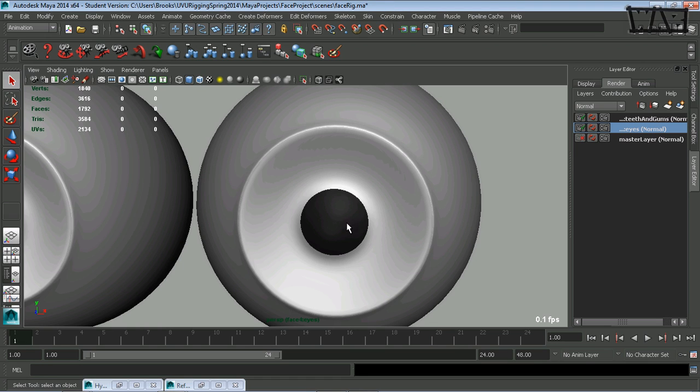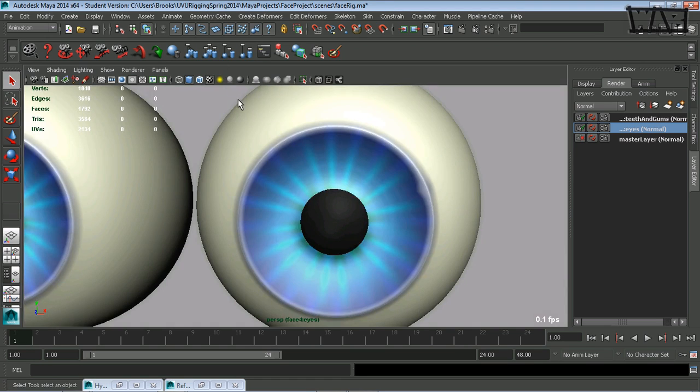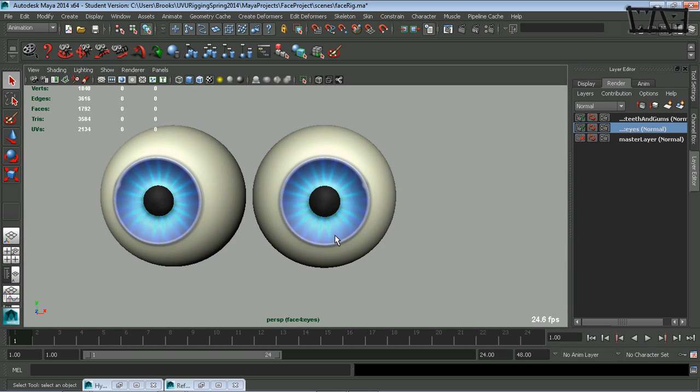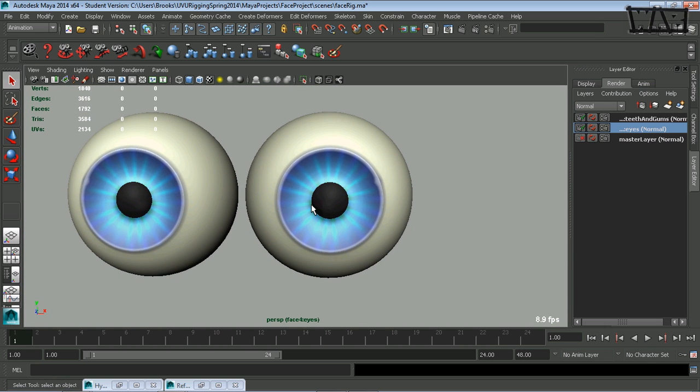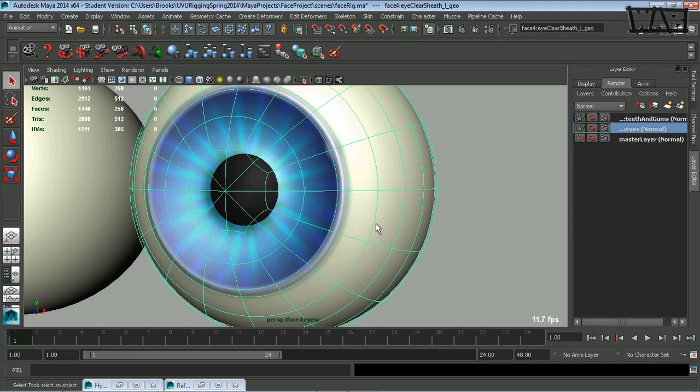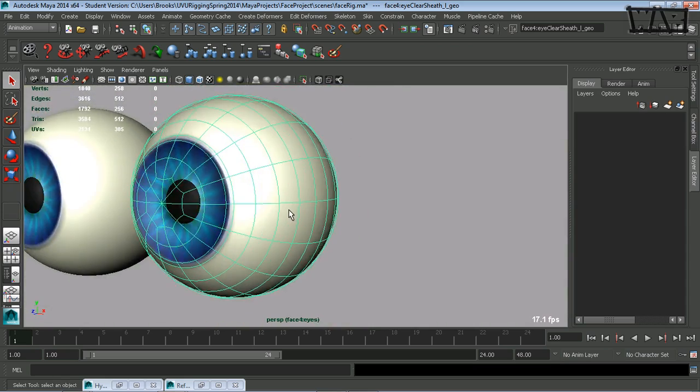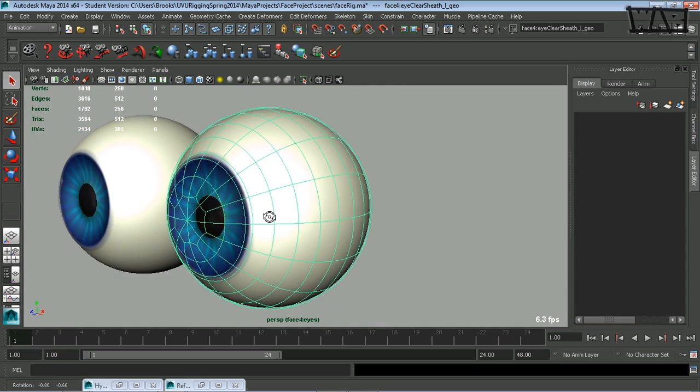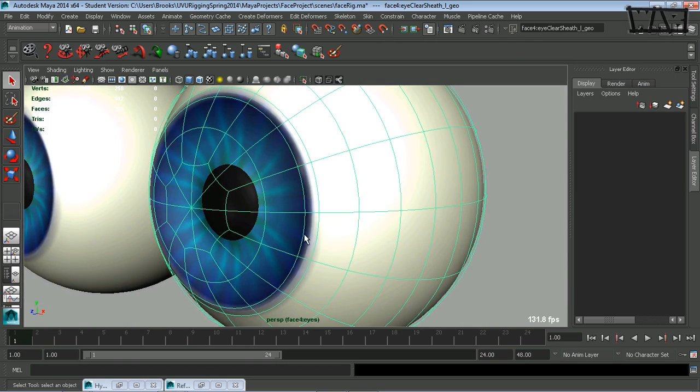So what we're going to do is rig the eyeball a little bit, because we need to be able to change the size of the pupil. That's going to be our first task. What we want to do is grab the geometry that needs to resize. I'm going to select the geometry that I don't want to resize,